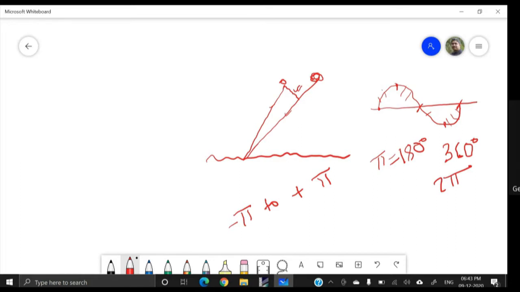And also, as you know, that the value of pi is around 3.14. So in the interferometric image, the values will be within the range of minus 3.14 to plus 3.14.